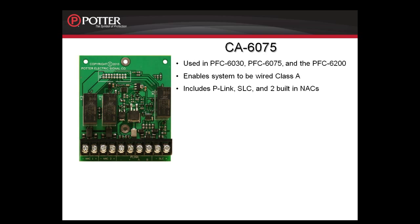What's unique about the Class A wiring on the PFC-6000 series panels is that these things are independently configured in the programming software. What that means is that you can have the P-Link wired Class A and still keep the SLC and the NAC circuits wired Class B, or you can have the SLC wired Class A and the P-Link and NAC circuits wired Class B. You can configure it however you would like. For details on the installation of any of the P-Link modules, please refer to the next module, module number 4,